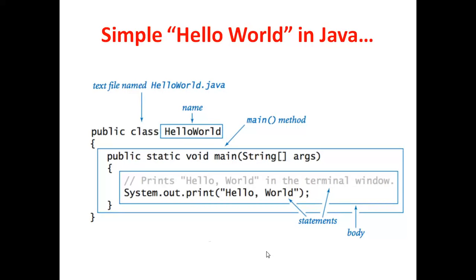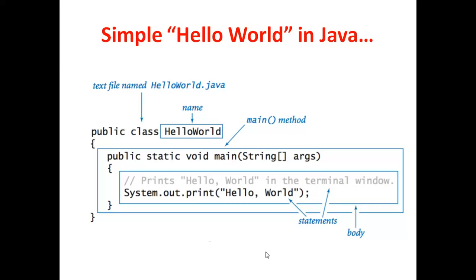Now, when we run this program, we have to save the program with the name HelloWorld.java, which is the name of the class. Here you have to note that the way you have written the class name, you have to save the file with the same name. If H is capital, you have to save the file with H as capital, and W is capital here. Therefore, the name of the file should be HelloWorld.java. When we run this program, we'll get the output as Hello, World.